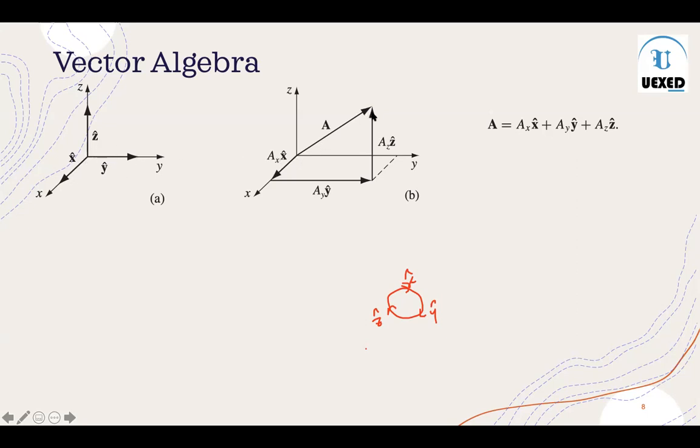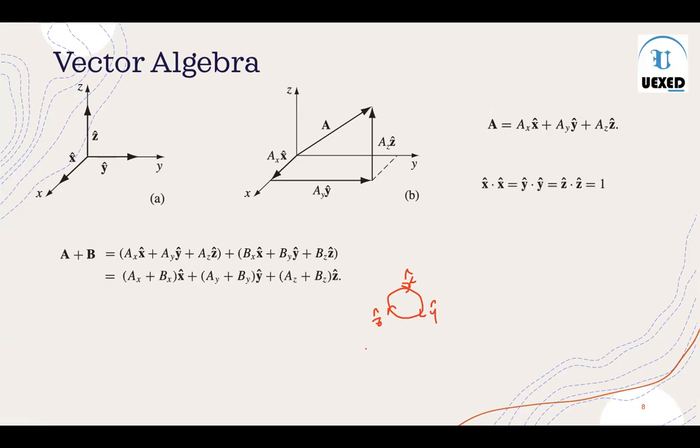When we define a position vector for any vector A, we can first go through the x component ax, then go parallel to the y axis, which is ay y cap, and then go up parallel to z, and you get az z cap. You can represent this vector as vector A equal to ax x cap plus ay y cap plus az z cap. So these are very basic things which I represented.